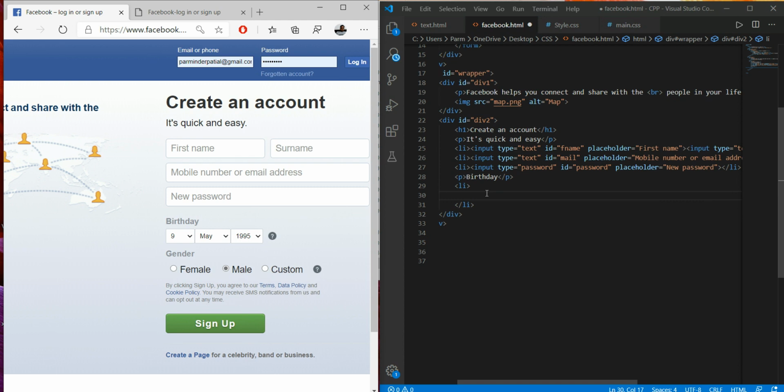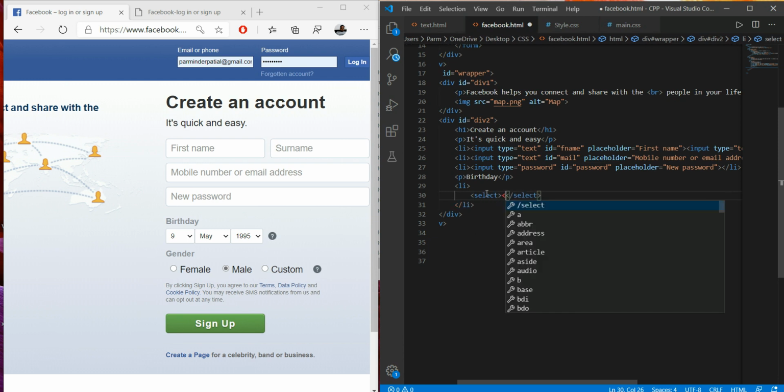So I'm just making a dummy selection box, so here I have to use the select element, and within this element I have to set the option, so I'm selecting the option element. Here I have to give the value day.